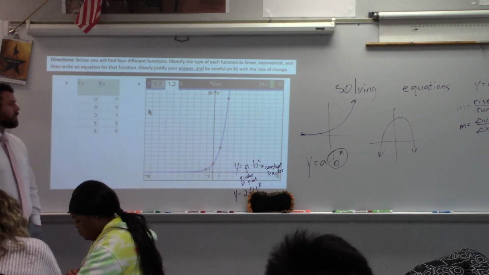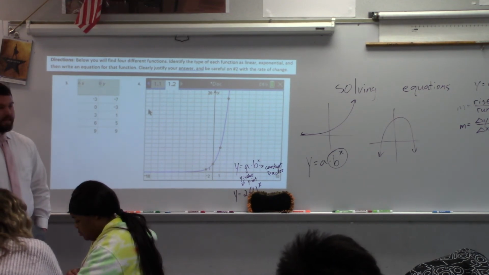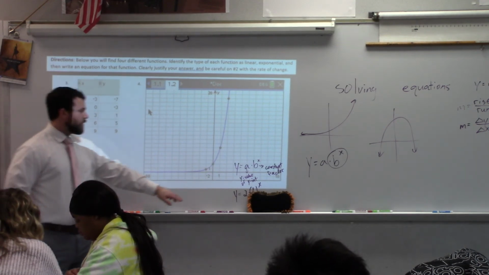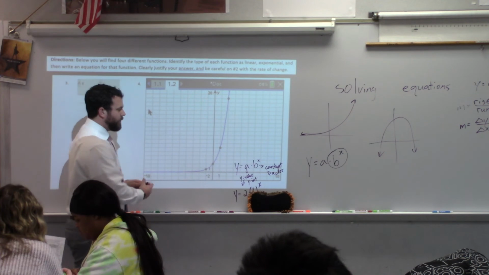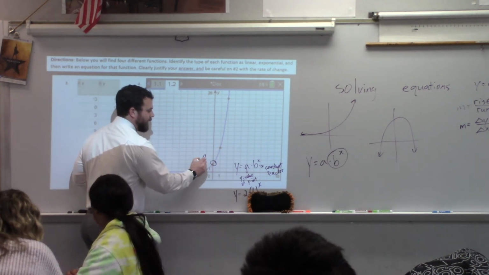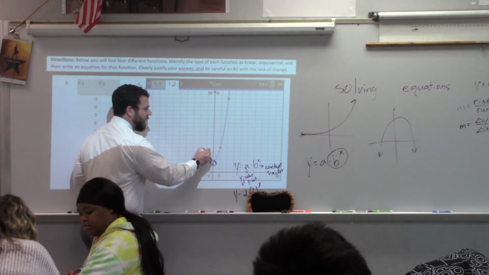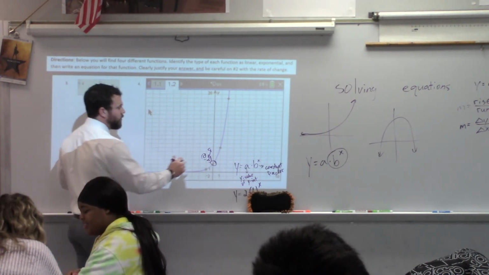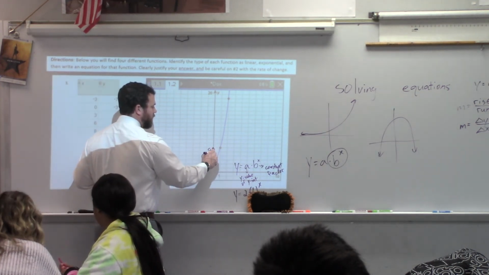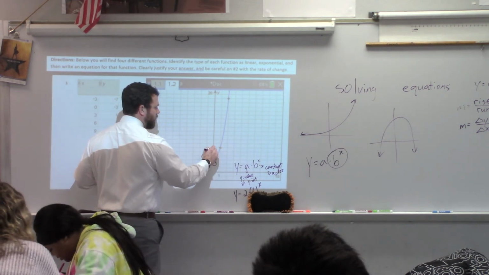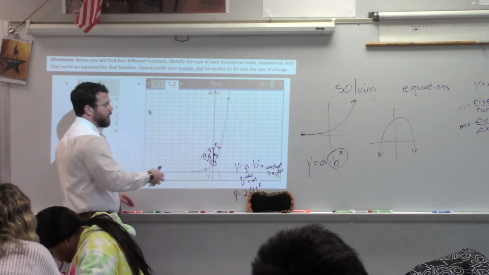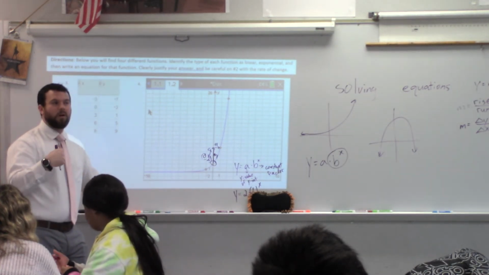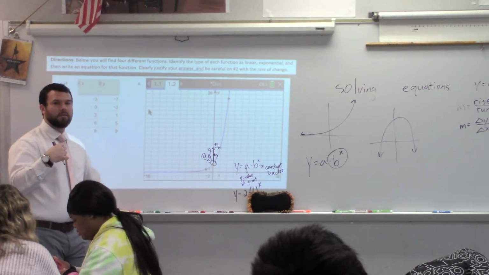Why do we know it's exponential? Because they have an exponential curve. Now the hard part, right? First off, as long as you know A is the y value of the y-intercept, it's really easy to get that 2 there, right? There's my A. Might be harder for you to find that rate of change. I saw a lot of students doing this. What are they talking about if they do that +4 and that +1? Rise divided by run, which is the